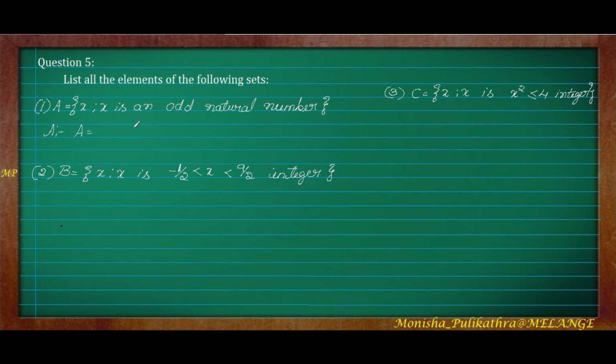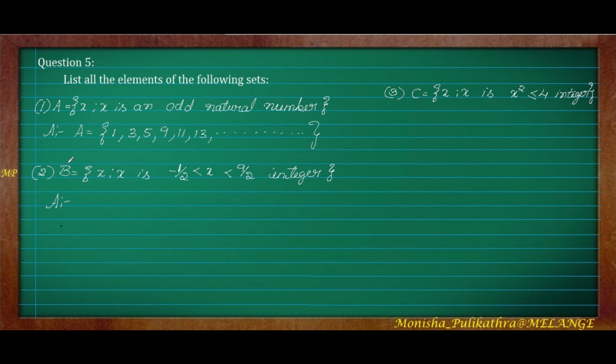So the first set, x is an odd natural number. It can be written as A is equal to, write down a flower bracket and write all the odd numbers. Odd numbers are those numbers which are not divisible by 2. Okay, so 1, 3, 5, 7, 9, 11, 13, etc. Because they have not given the ending odd number, we can write this dot. It shows that infinite number of odd numbers we can write here. So this is the way of writing. They will be giving a question according to set builder method, where we have to just fill the elements according to the question.